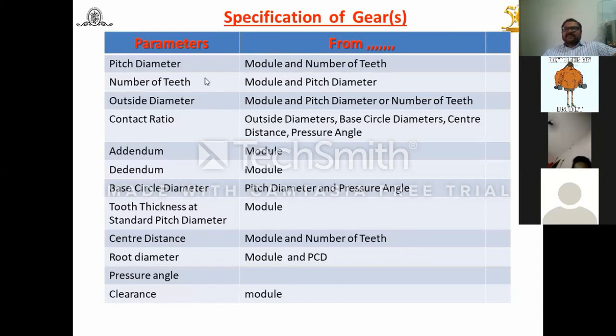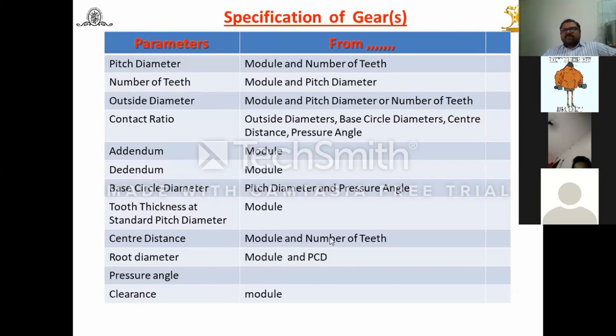Again here, while designing the gears, consider the pressure angle: 20 degree, 14.5, 22.5 or 25 degree. Generally you can assume 25 degree full depth. Minimum number of teeth 17 point something, that is 18, generally you have to assume. Again, the minimum number of teeth also depends on the pitch line velocity. If the pitch line velocity is high, the minimum number of teeth to avoid interference and undercutting is up to 18. But if the pitch line velocity is less, the value is lesser, less than 18 also, that is 17, 16 also, which is already given in data books. You can refer for that.